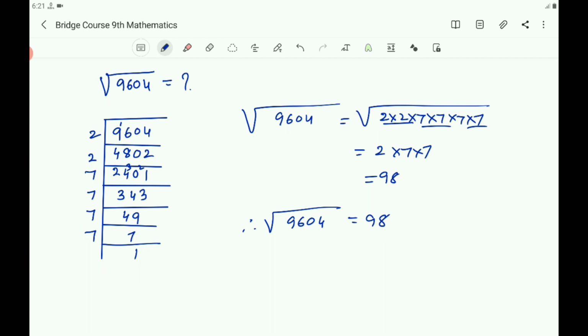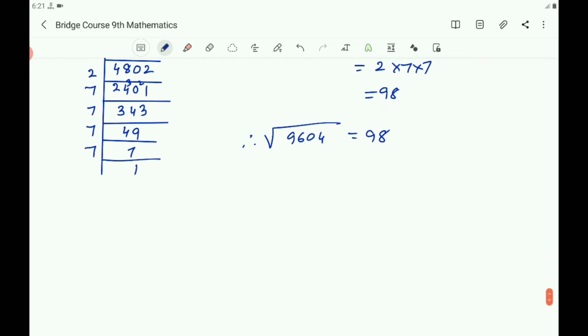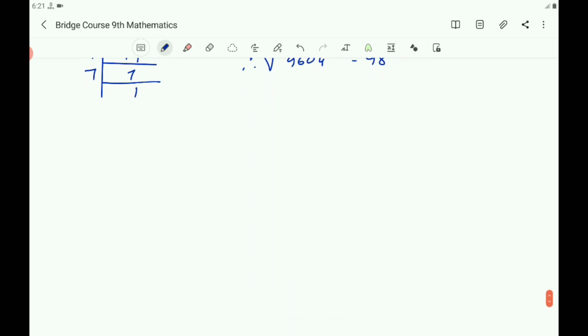Sometimes you can't get the prime factors. In that case, you must use the division method only. Now let us discuss about the division method. Before that, I am going to give some numbers to find the square root of that perfect square number. So you take